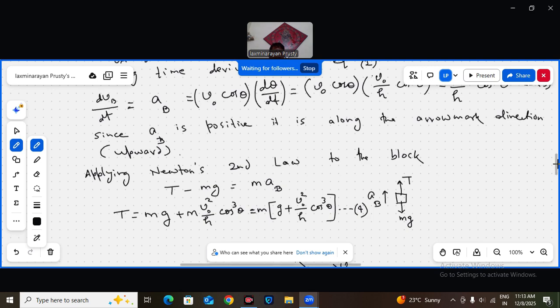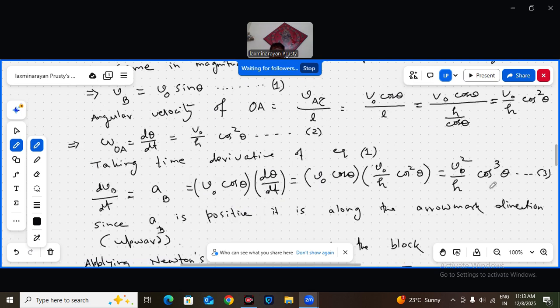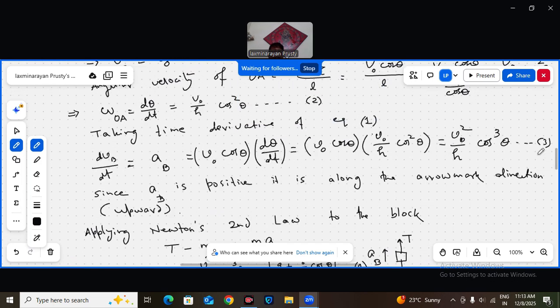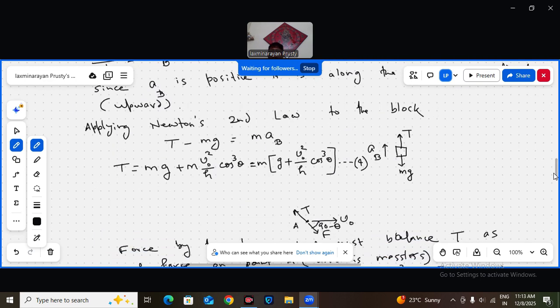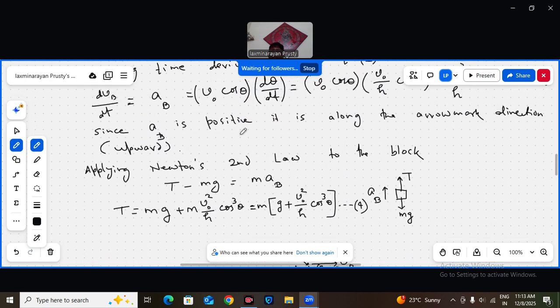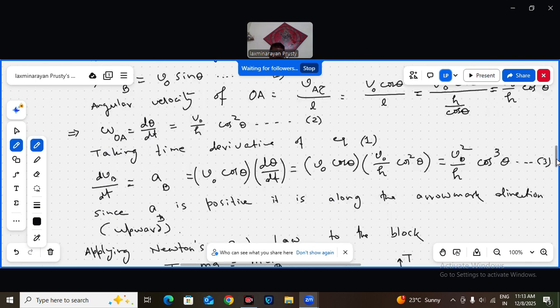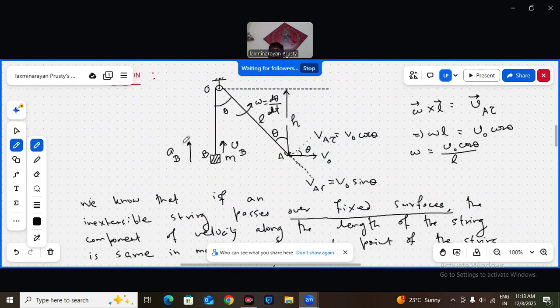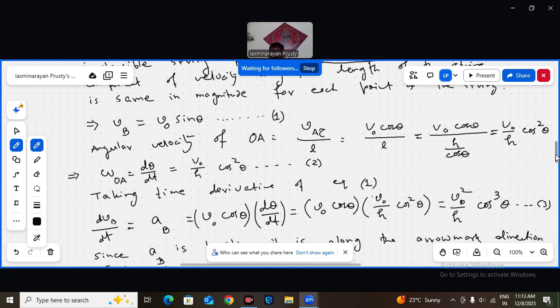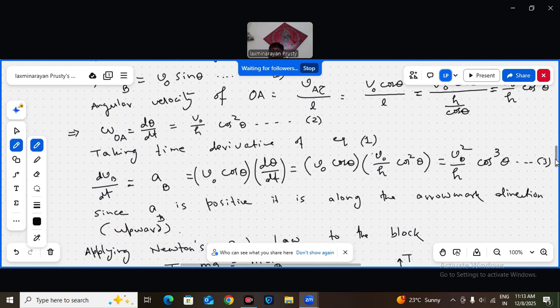So theta is less than 90 degrees, so cos cube theta is positive. AB positive means whatever arrow mark I have given, the upward acceleration arrow mark, that's correct. So it is having an upward acceleration of